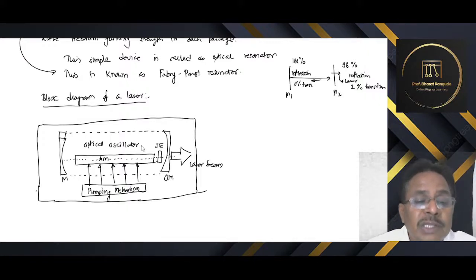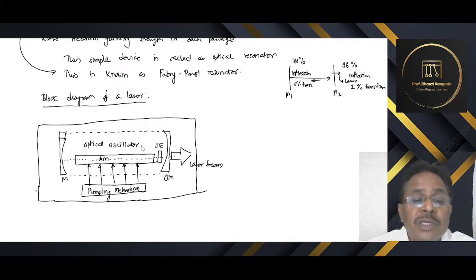So every laser, whatever laser we see, these conventional lasers, have at least these minimum parts: an active medium and an optical oscillator. There is a pumping mechanism that is not shown in the actual diagram, which pumps the atoms to the excited state or metastable states. Whenever population inversion occurs, a single random photon coming in can cause a stimulated emission. This stimulated emission carries out further stimulated emission.